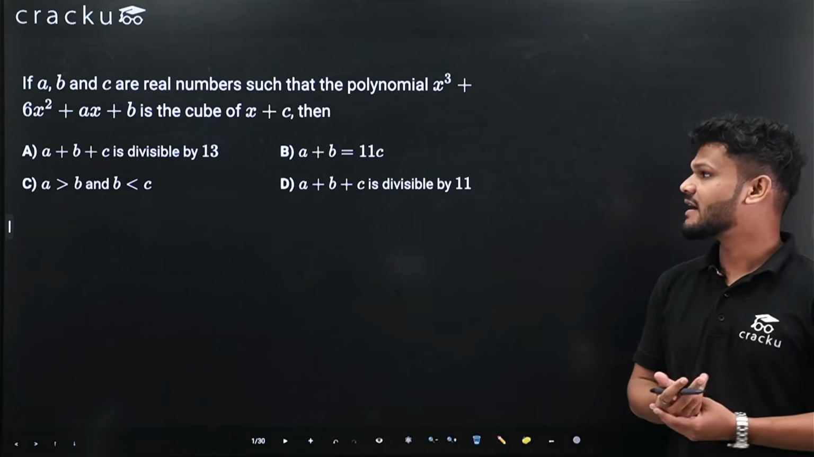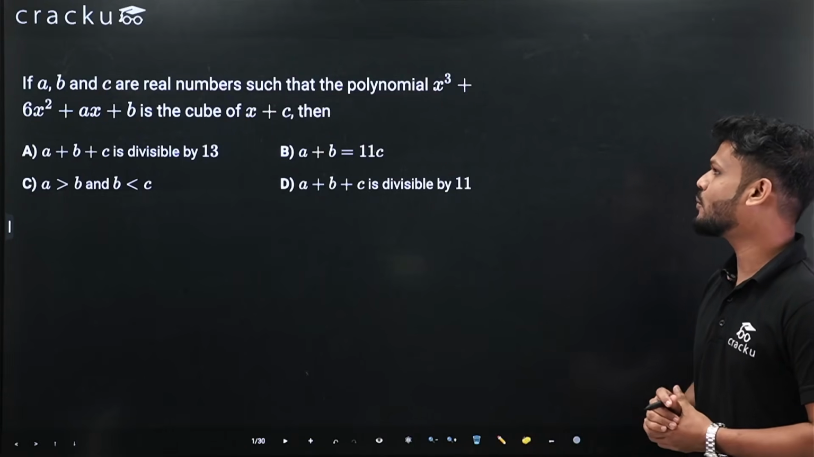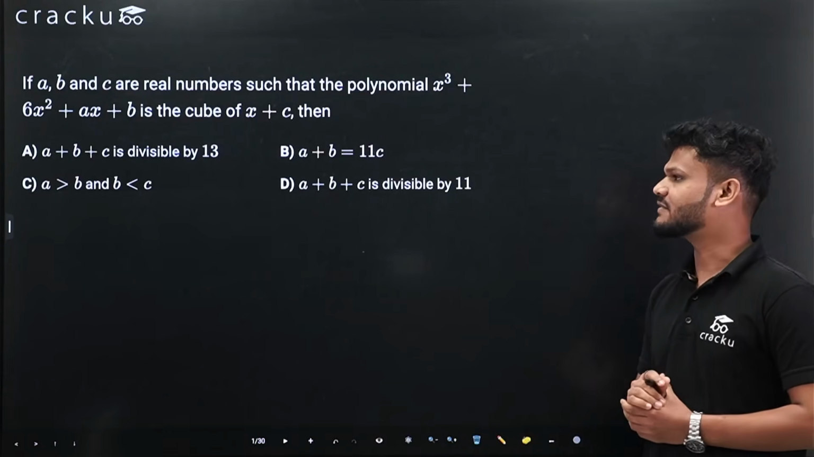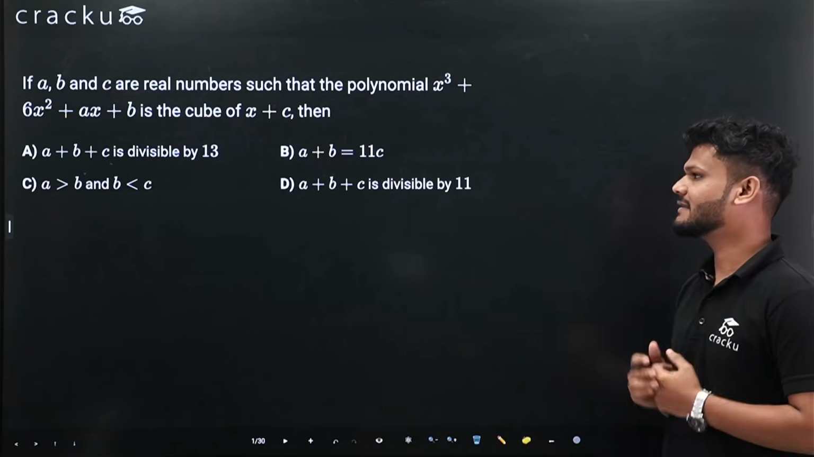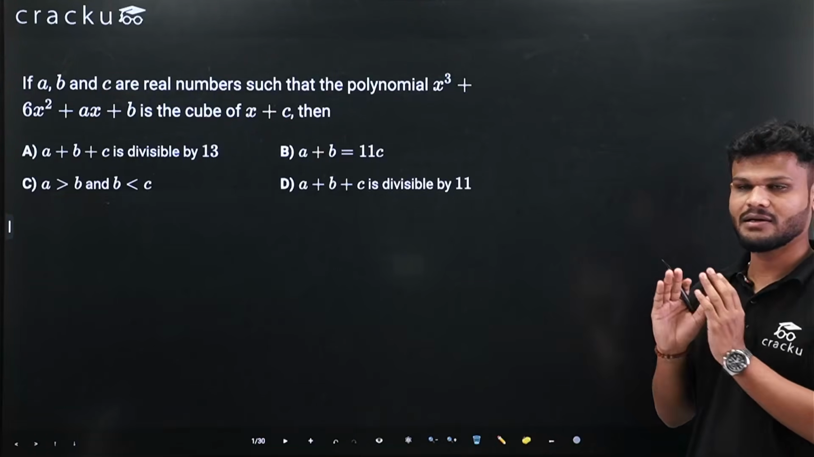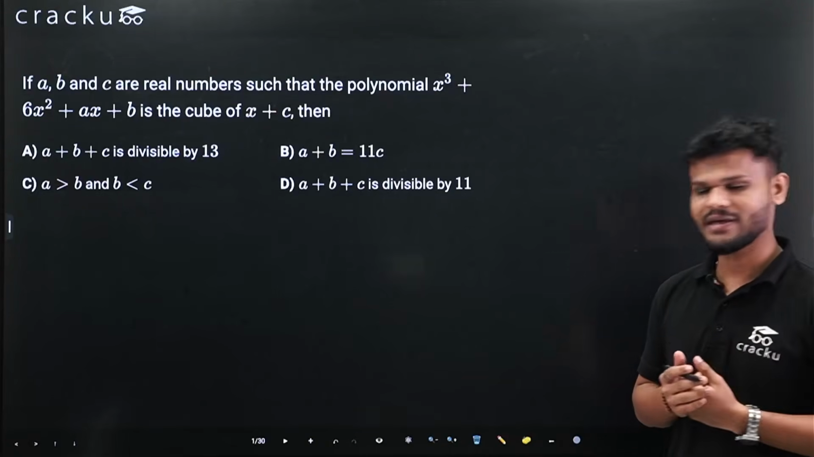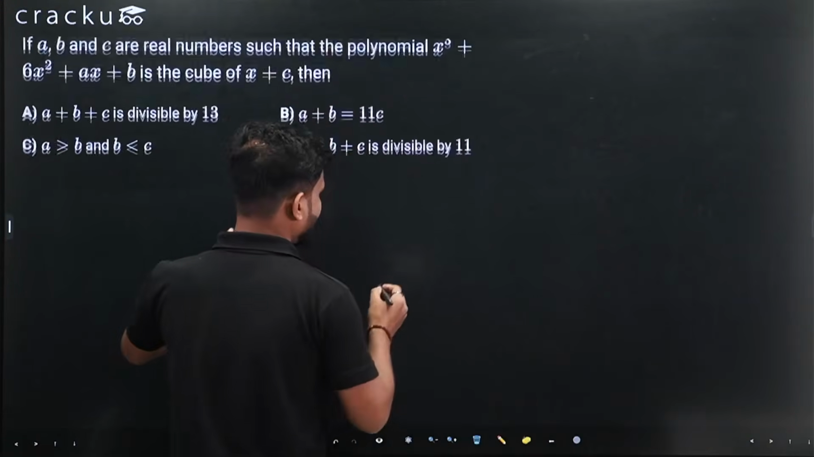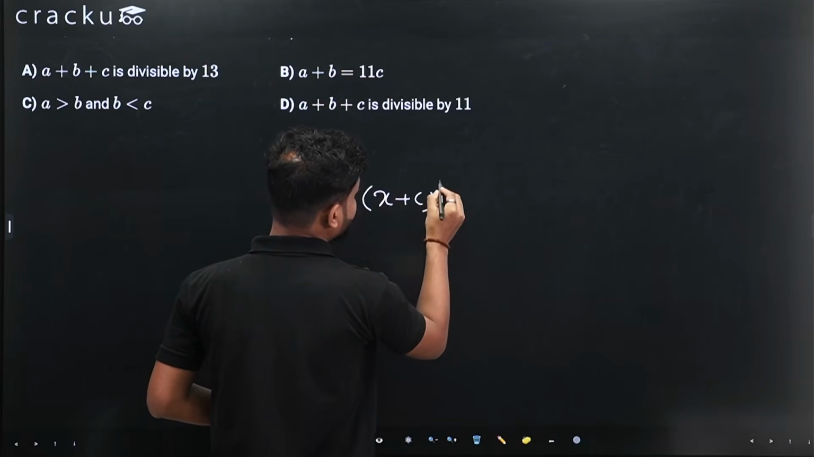So in this question we are asked, if a, b, c are real numbers such that the polynomial x cube plus 6x square plus ax plus b is the cube of x plus c, then we have to find the correct option. Options are given in the form of a, b, c. Let us try to find the values of a, b, c first. So it is given that (x plus c) cube is equal to